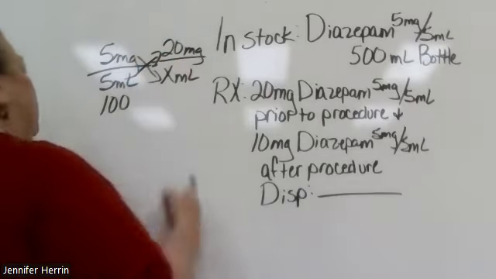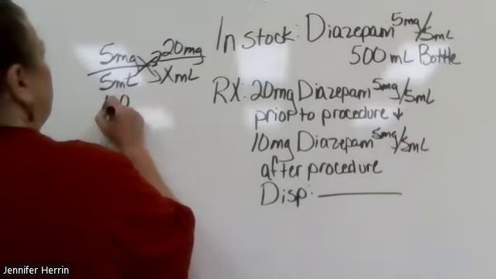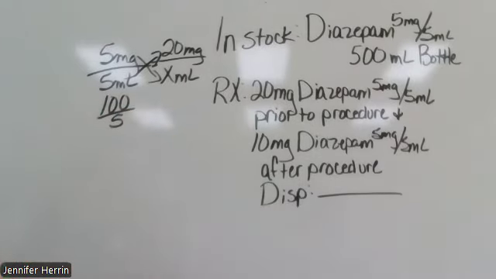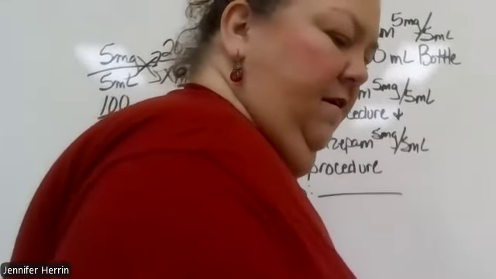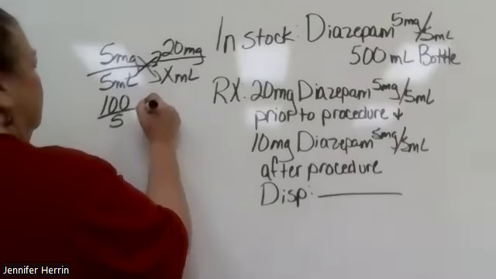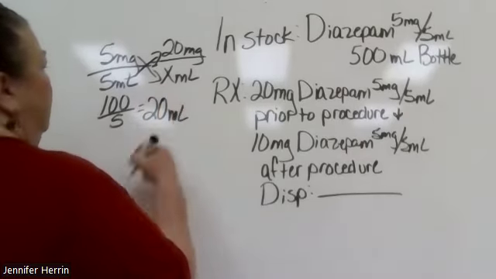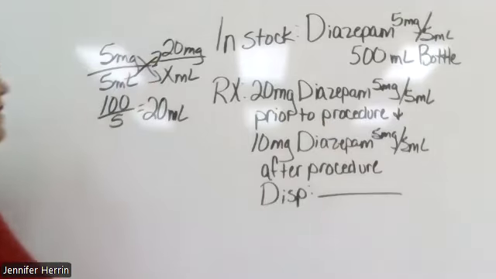And if we cross multiply the other direction, we're going to get 5 times x, which will give us 5x. That means I have to divide this by 5. 5 goes into 100 like 20 times, I think. Yes, 20 times. So it's going to take 20 milliliters to satisfy the prior to the procedure